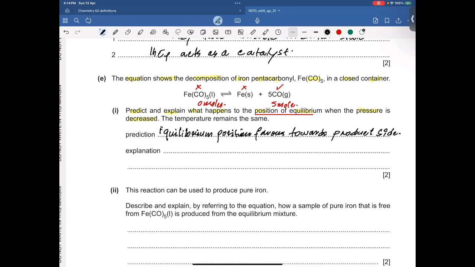Okay, because of more moles. Explanation: since the product side has more moles than the reactant side, all right,